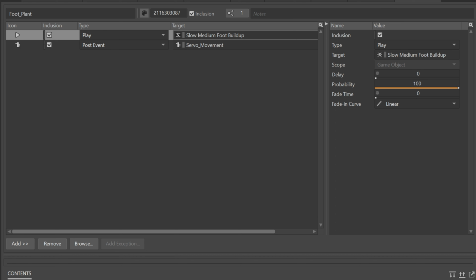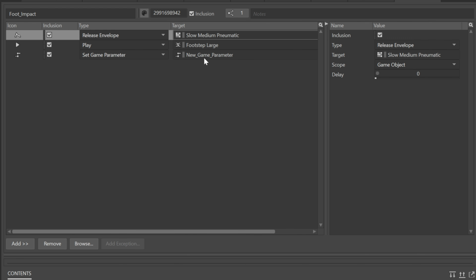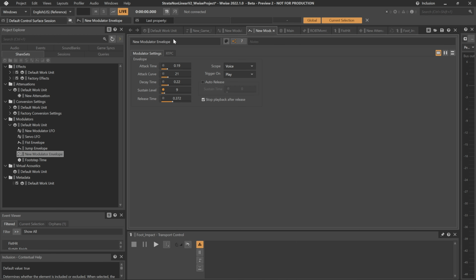If one of the pneumatic layers is still playing from the foot plant when the impact hits, it should release the envelope that controls the volume and, I think, the pitch to a little bit of an extent. So that's really just blending things together and making everything mesh pretty well. And here's the foot plant